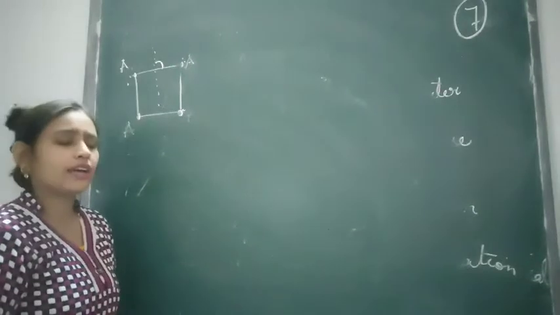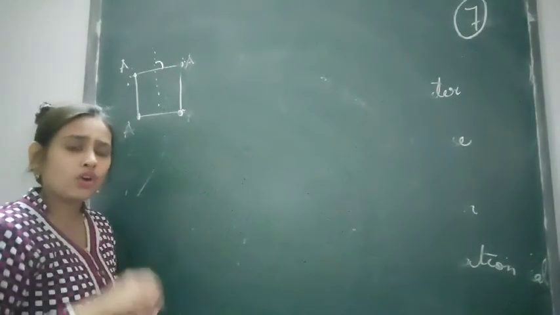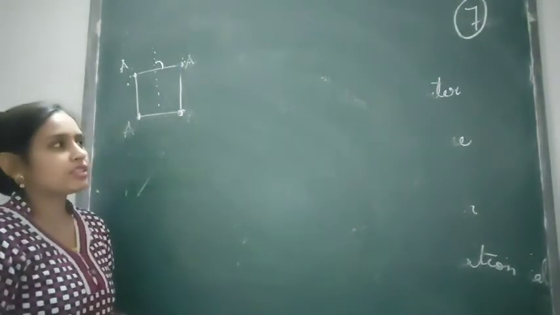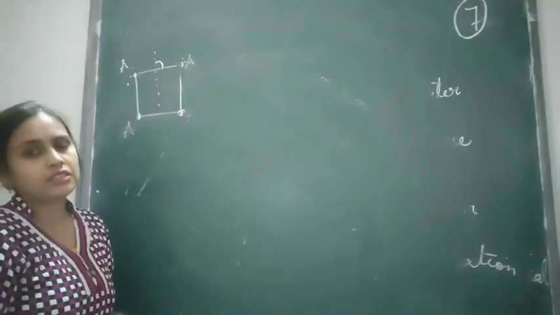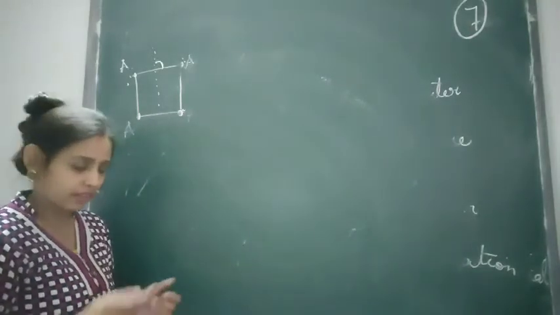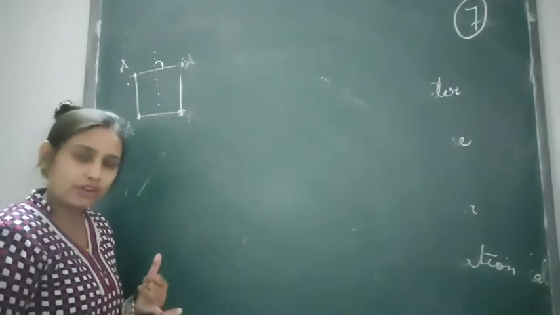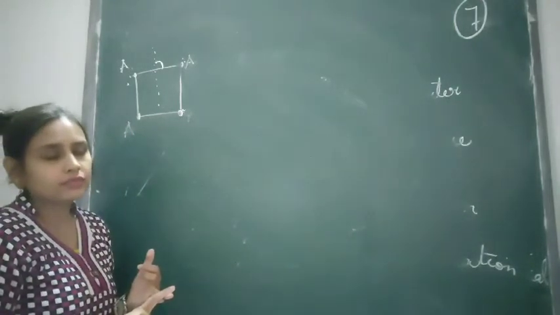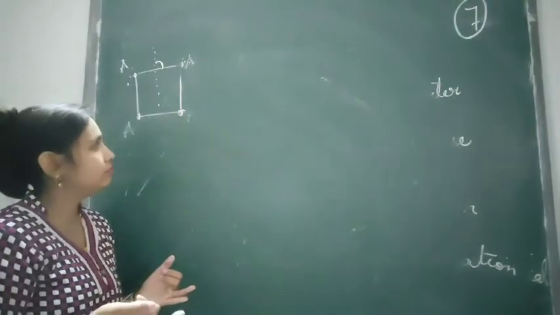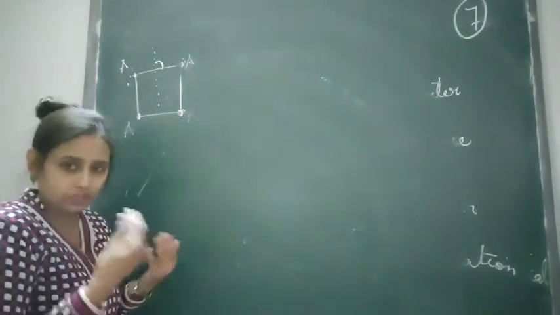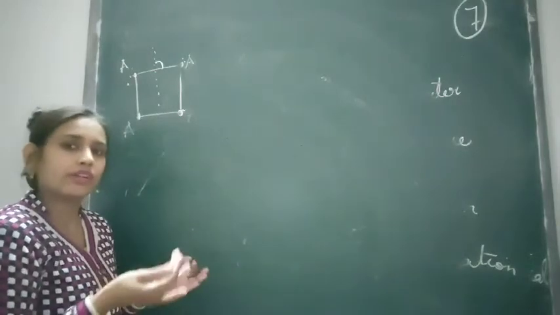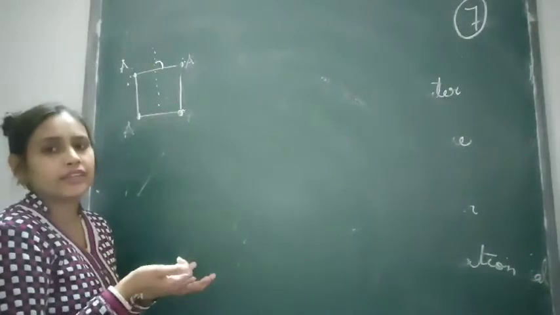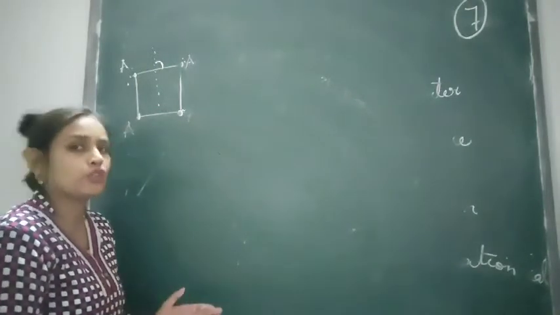What type of figures do not have rotational symmetry? In fact, this is your homework. You will let me know. Okay, you message me and let me know the figures which cannot have rotational symmetry. That means they cannot rotate. Hint I will give you: on rotation, if we are rotating them, then we can make out the difference. Difference means the similarity is not there. On rotating, symmetry should be there.